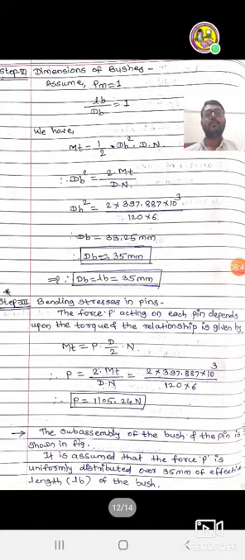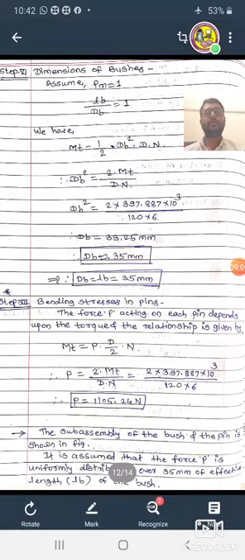Next, dimension of bushes. Assume pressure pm equal to 1 and ratio lB upon dB equal to 1. We have equation mt equal to 1 half dB square d into n, dB square equal to 2 mt upon d n, means here just find value of dB, that is diameter of bush, equal to 33.25, and approximate value is 35 mm, and we know that the ratio lB upon dB is equal to 1, that's why dB and lB values are same, that is 35 mm.